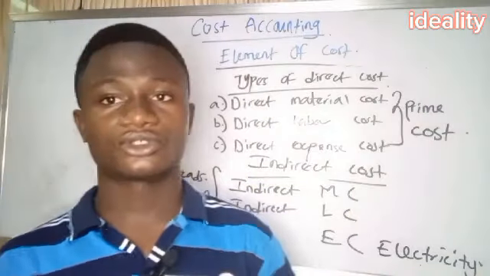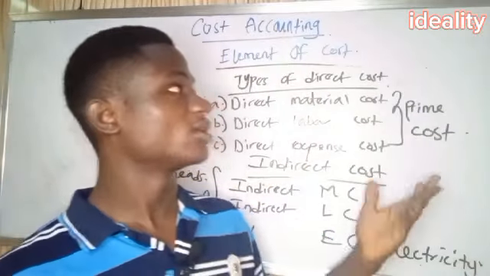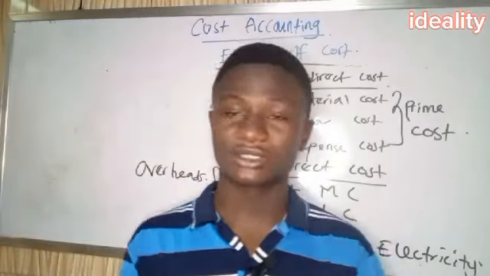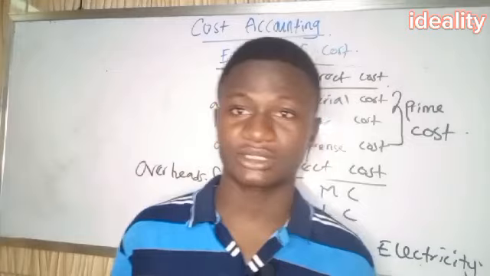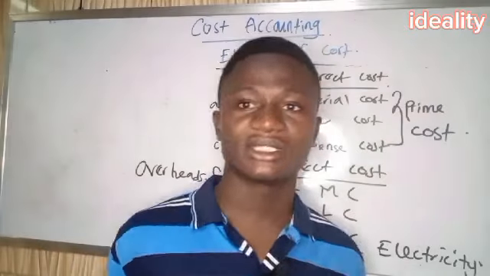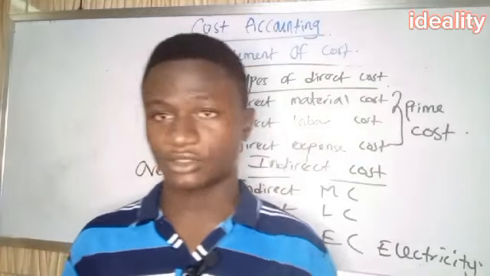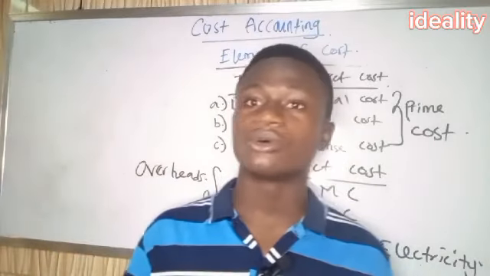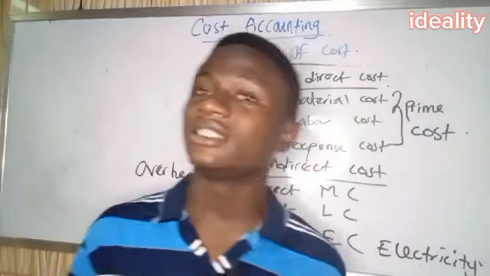So let me quickly do a little summary. We start with cost. Cost is the money value, the money you put into the production of something. Cost accounting deals with using accounting and costing principles to calculate the cost at which a firm spends to produce. I told you why it is very important to calculate cost: if you don't know costs, you cannot calculate your profit. We have three elements of cost: material cost, the cost of raw materials; labor cost, the cost at which you pay your workers; and expenses cost, the cost of expenses. We also explained direct cost and indirect cost.